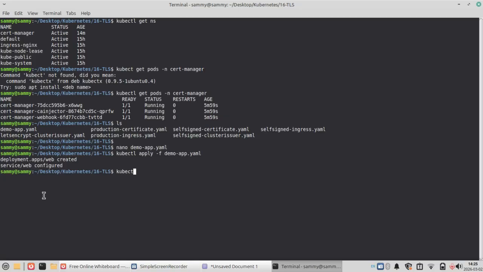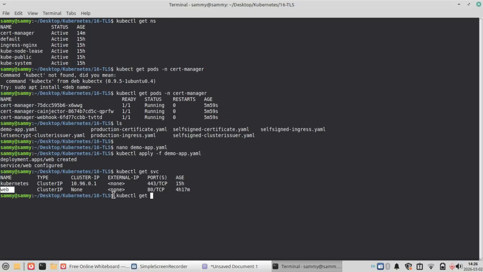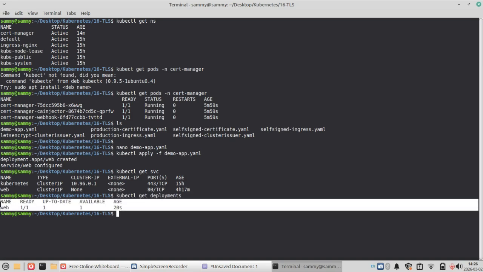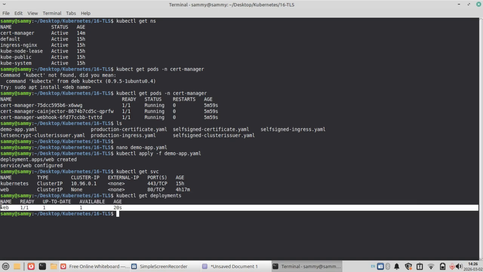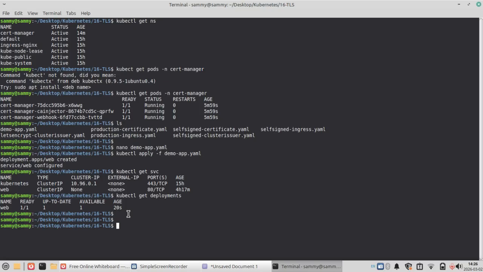So if I do kubectl get service, this is the new service we created. kubectl get deployment. So I have our deployment up and running. All right, so we'll also need an ingress. Okay, so I have a very minimal ingress for our deployment, which is